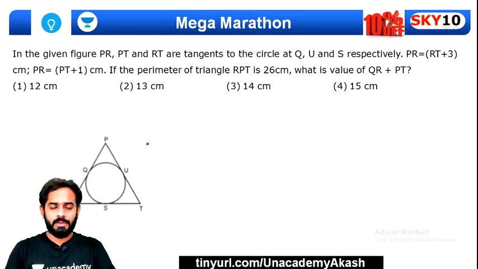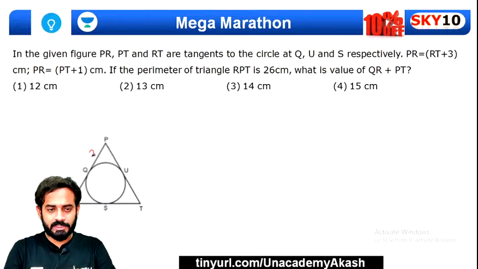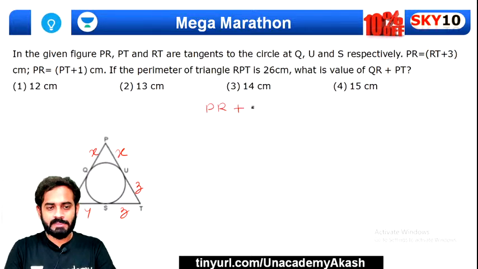Okay, so we know that PQ is equal to PU because they are tangents. Let's say this is x and x. RQ is equal to RS, this is y and y, and TU is equal to TS, this is z and z. Okay, now we know that PR plus RT plus PT is equal to